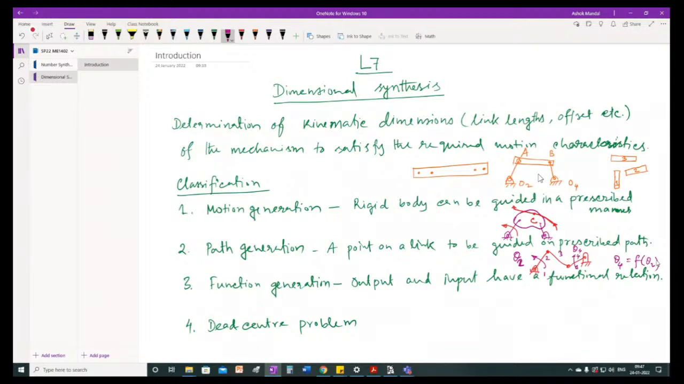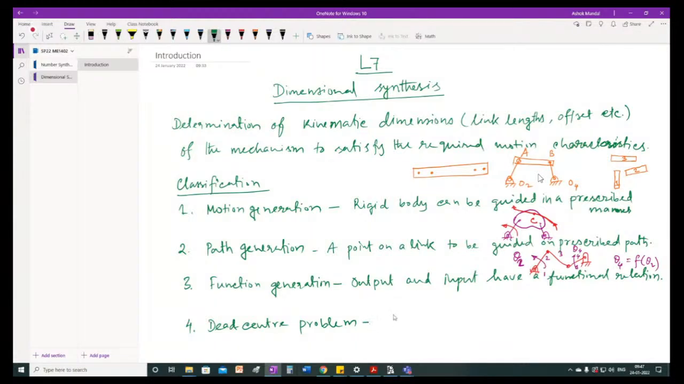In that case also we can find out the link lengths, all the kinematic dimensions, so that it can ensure this motion. This kind of problem is called function generation problem. Okay,